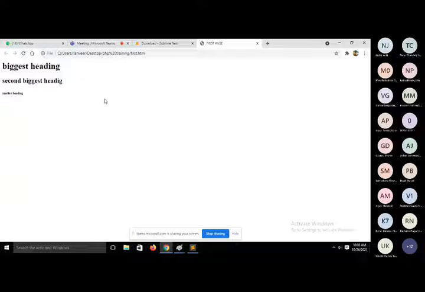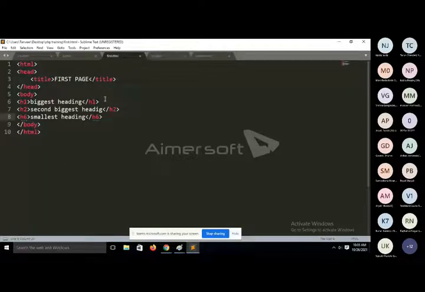Fine. Now, I just want to print a paragraph. So if you want to print a paragraph, then you will use the p tag. P stands for paragraph. Here we can print anything.